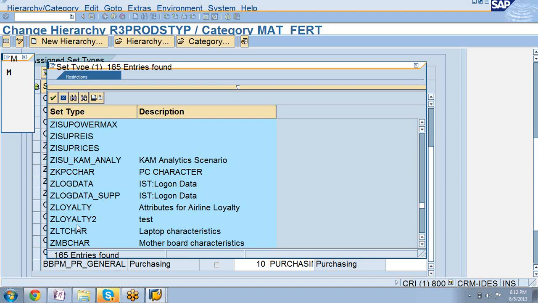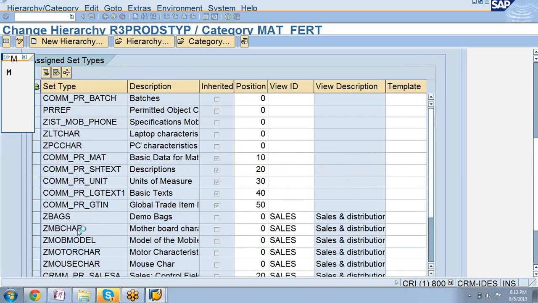This is the one, right? Laptop characteristics. So after adding this, you can see here, it is asking me position. So I want to put it in the start. So that's why it is 0. Start from 0, 10, 20. 10 means it goes into the second row. 20 is the third row. That means according to the internal SAP, there is a fixed gap line. So I don't remember exactly what is the gap between each row, but it displays in a sequence like a